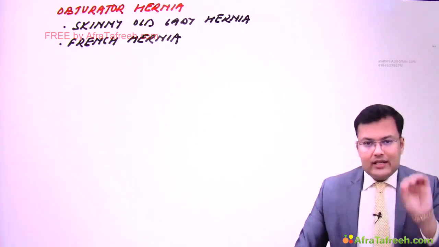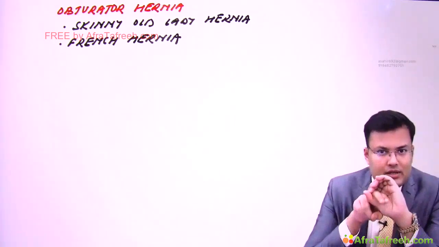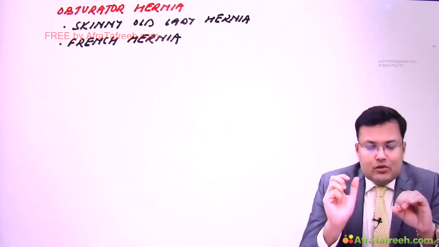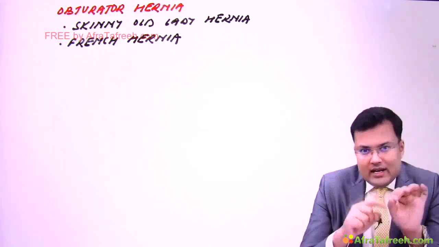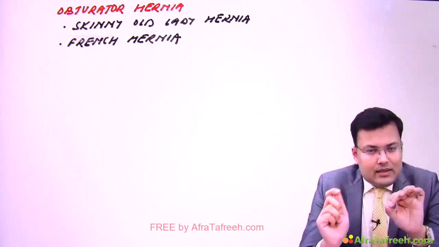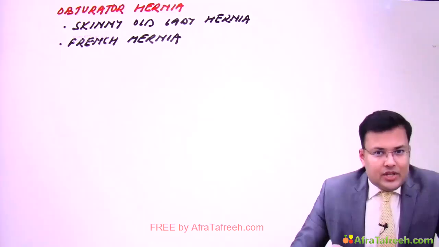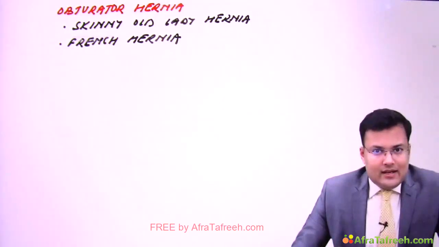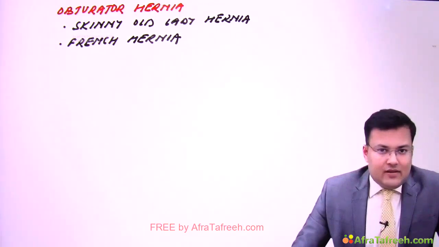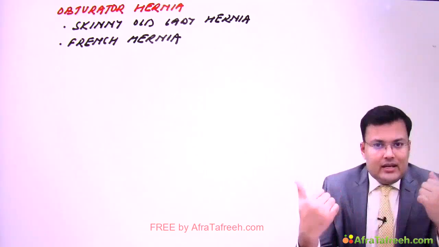You know that there is the obturator canal, and in the obturator canal there are the obturator nerve and obturator vessels. Whatever structure is there is generally named obturator in relation to obturator hernia. Simultaneously there is fat and ligaments. So what's the problem? In any patient in whom there is loss of fat because of rapid weight loss or chronic malnutrition, or laxity of ligament, and third, increased intra-abdominal pressure,